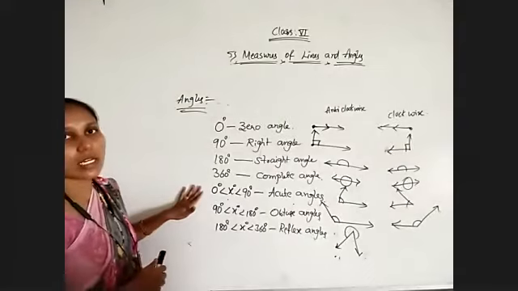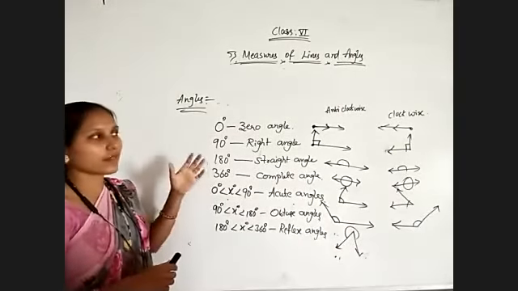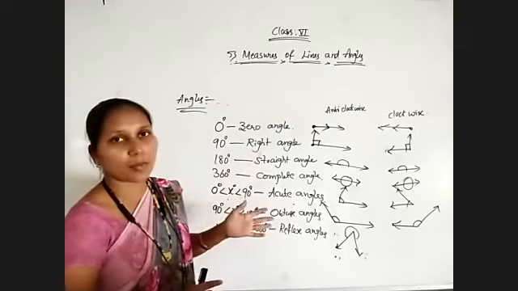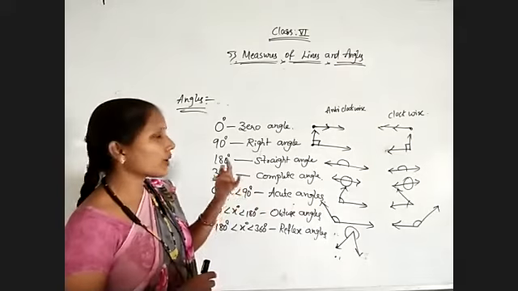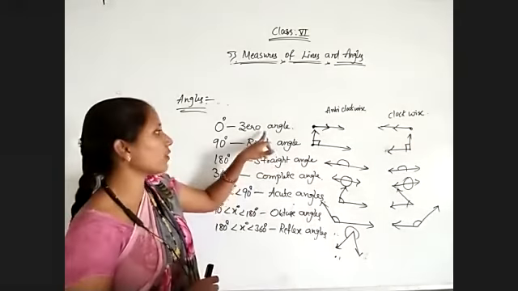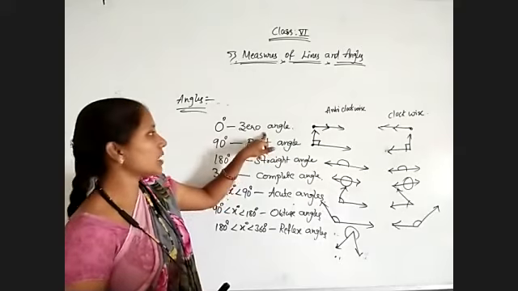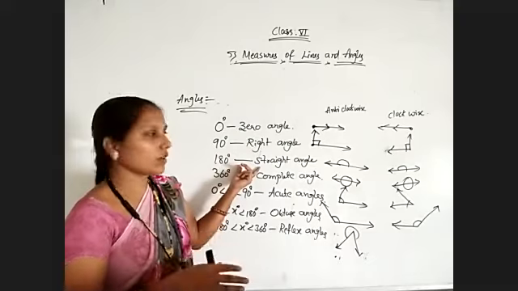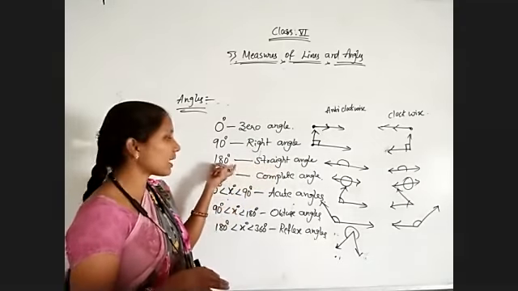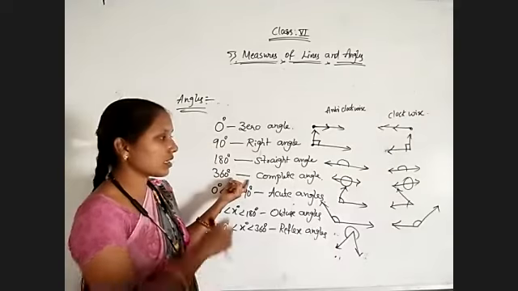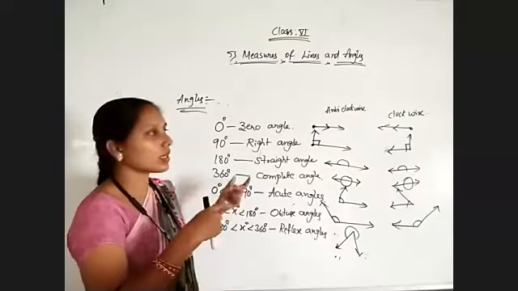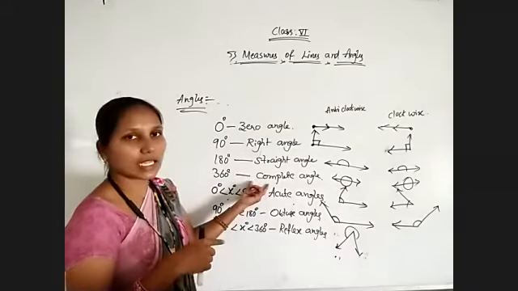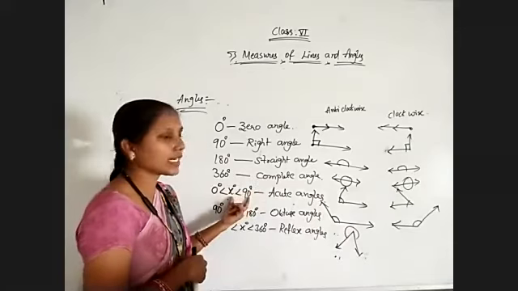So this is about types of angles, and these types of angles we need to discuss in case of a clock also. Between the hands of the clock, which types of angles are forming at different timings. As I told you, at 9 o'clock a right angle is forming, at 12 noon or 12 morning you will get a zero angle itself, and a straight angle, afternoon or morning, whatever timing is given, at 6 o'clock we will get the straight angle, and 360, complete rotation is over. That means at 12 noon we will get a complete angle.